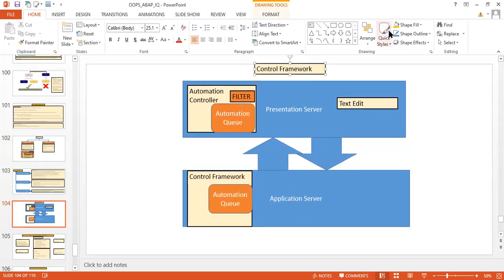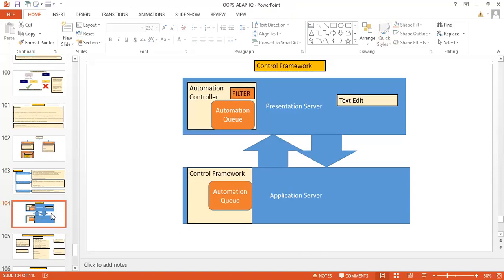In the control framework there are two very useful methods, which we use a lot. If you have done module pool programming, you would have used the dispatch and flush methods, right? Those two are important. What is the use of the flush method and what is the use of the dispatch method?